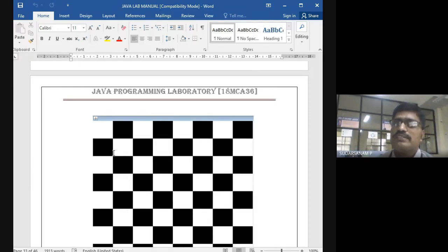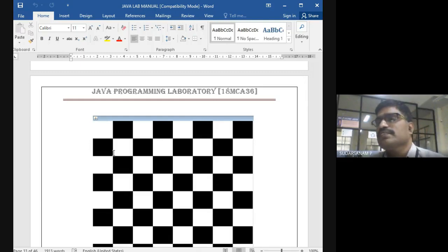Sir, I want 9 pixels. You go for 9. So normally 8 by 8 is 64. If you are taking 9 into 9, that is 81. So correspondingly, you have to change the values wherever you are having 8, so that it will come out bigger. That's it. So however much size you want, based on the pixels you can change it.